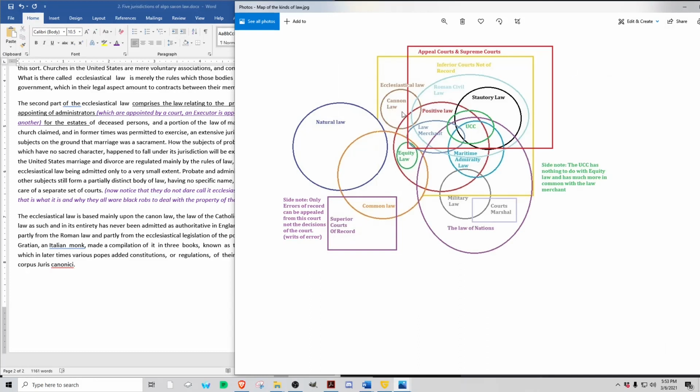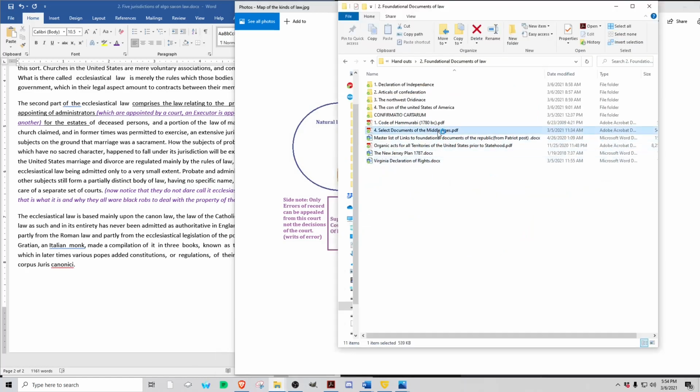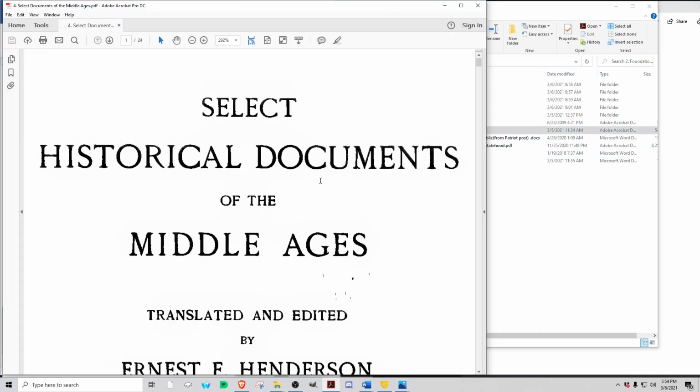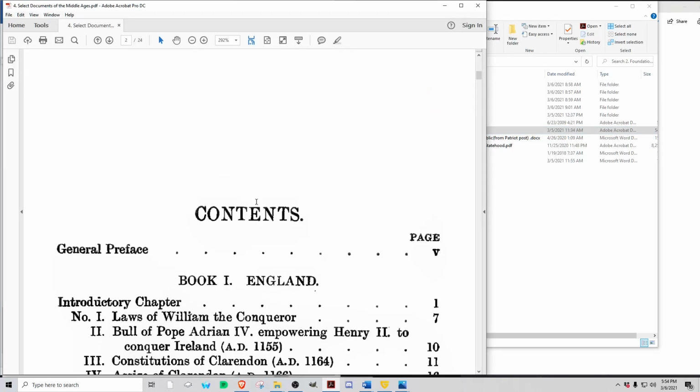And what I want to get to as far as the cult of Rome is concerned, and what they've done and why all of this has stayed under Roman civil law filth for so long, is actually shown in this document. Selected documents of the Middle Ages. Okay, so I'm going to bring this up. And what I did with this is I did not give you the whole totality of the book, because there wasn't much point, because there's a whole bunch of stuff in here that's completely irrelevant to what we're talking